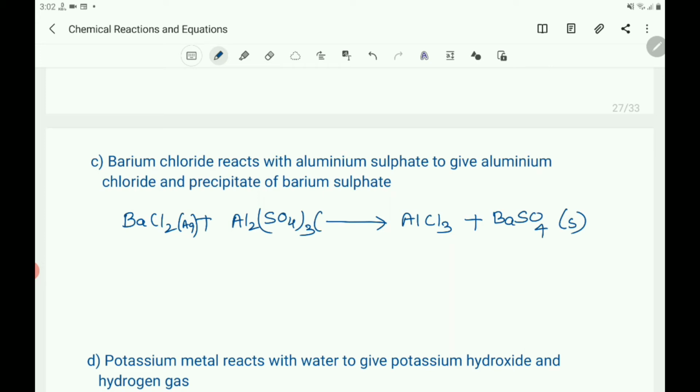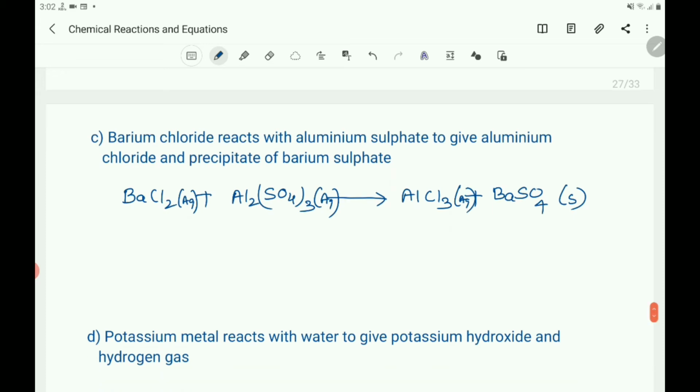Aluminum sulfate is also an aqueous solution here. And aluminum chloride is also an aqueous solution. Now you balance it. Here Al2(SO4)3 is a big molecule having more atoms, and oxygen, 4 3s are 12, so 12 oxygen atoms are there. So what you can do for this? Here to have 12 oxygen atoms, multiply this by 3. So first you write separately